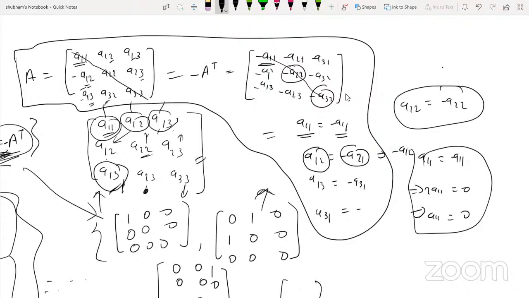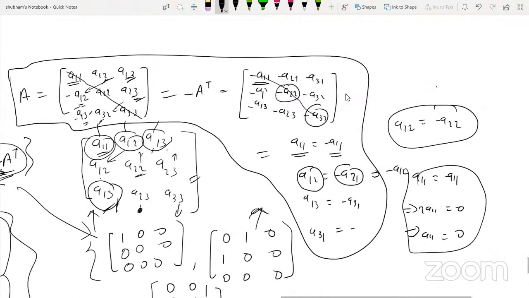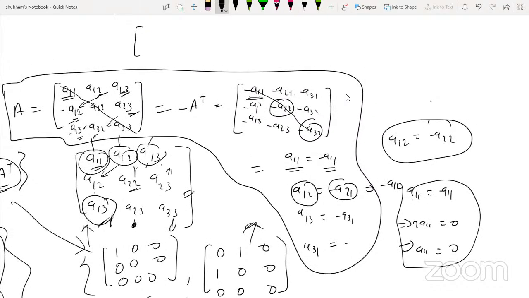Similarly, the rest you can all replace, and actually you will see that this and this one are going to be independent, you can give the numbers, and the rest are like this is here, so minus of that is coming. This is here, so minus of this is coming. This is here, so minus of this is coming. What it means is that if you write the matrix, if you write the basis, it will become like this: